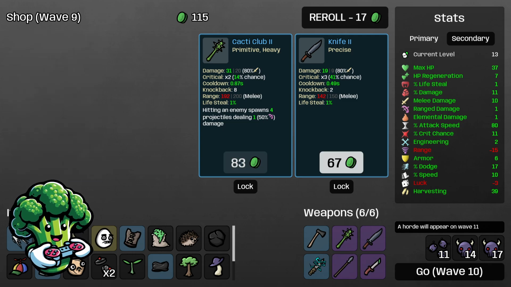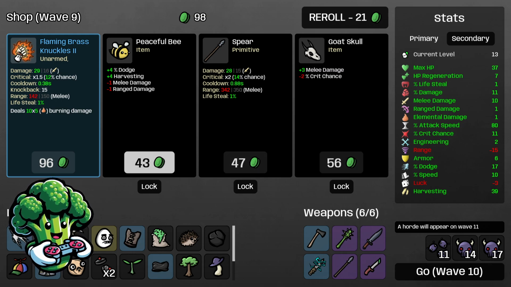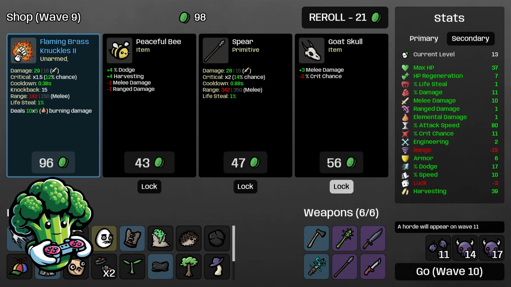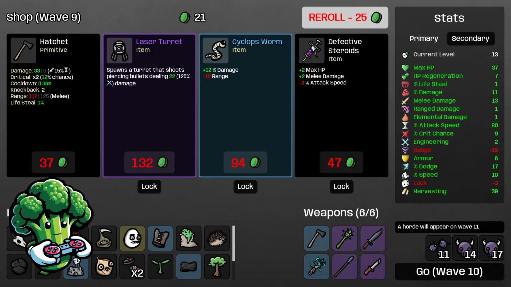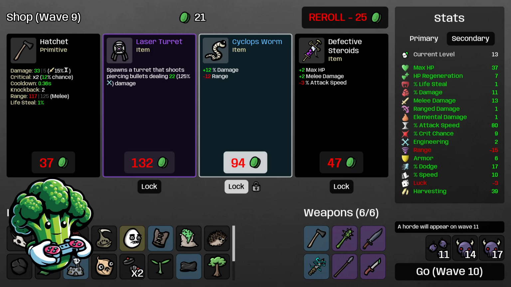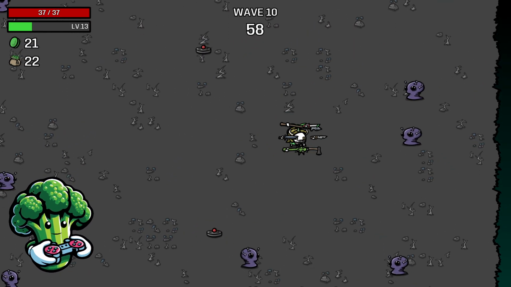We got another Thief's Dagger. The knife we don't need. The Cactus Club we don't need, because we won't be able to upgrade those. Peaceful Bee, more dodge and harvesting, but yeah, I don't think I would take that right now. Ghost Skull, we have crit chance, so let's go ahead and take some melee damage back because we lost some melee damage. Cyclops Worm's really good because we don't need range, so I'm going to lock that in, and we'll get that extra 12% damage, start ramping damage. Laser turret, we don't really need that. We're not an engineering build, so...